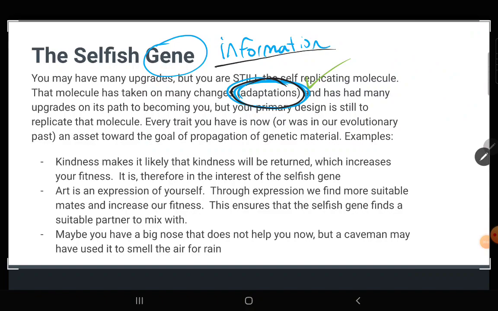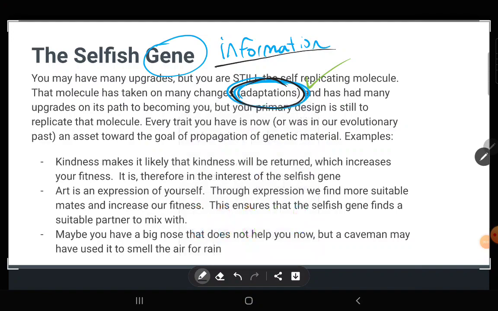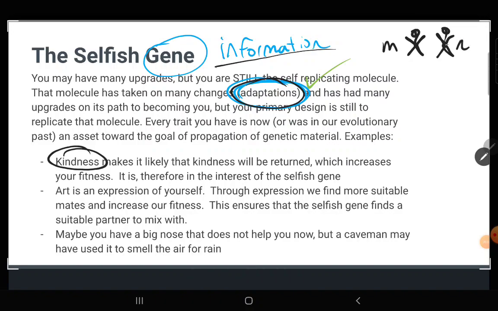But sometimes selfish behaviors are in disguise. Sometimes we don't see them as selfish. So for example, kindness can actually be a selfish gene behavior. Because let's go back to the scenario with the two men. We'll say this guy is nice and this guy is mean. And so this guy, the nice guy, gives his food to somebody and helps to feed them. And then the mean guy does not. So they have two kids.